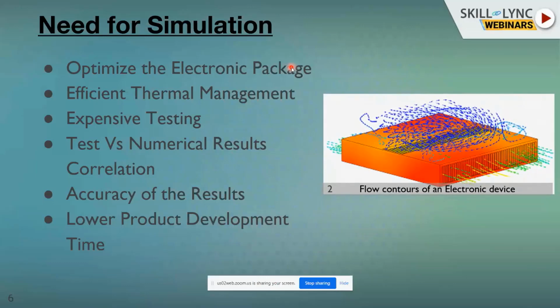But in simulation, the 18 months of product development time can be reduced so that you can save the cost of manpower. You can save the cost of testing. You can save the overall cost, the material cost, the waiting for the material. That also will reduce. So everything will be correlated. Okay, thank you. I'm going to the next slide.